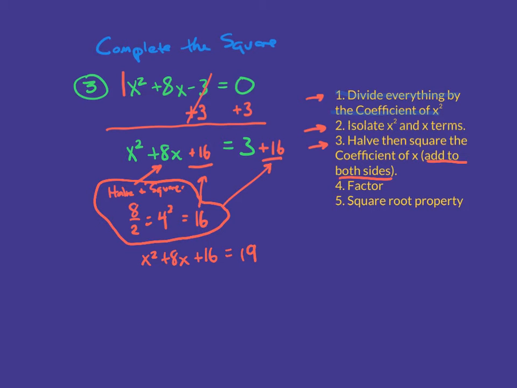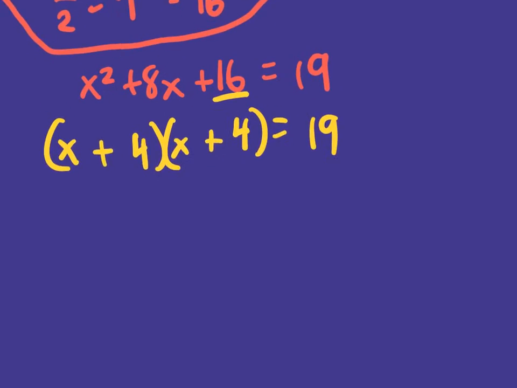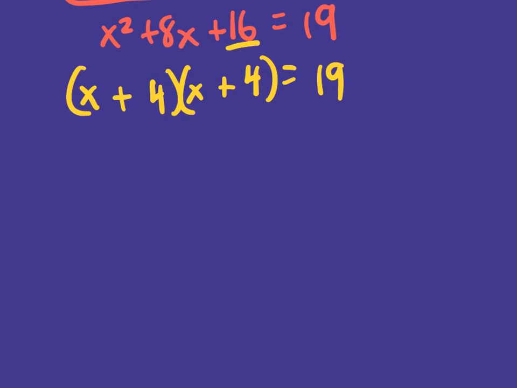And then what we would normally do is factor this. I'll go ahead and go through the lengthier way to do this, where you just factor it. You've got x and x, got plus and plus. We need 2 things that multiply to be 16 and add to 8. So that's going to be 4 and 4. And the nice thing about x plus 4 times x plus 4 is you can write this as x plus 4 squared